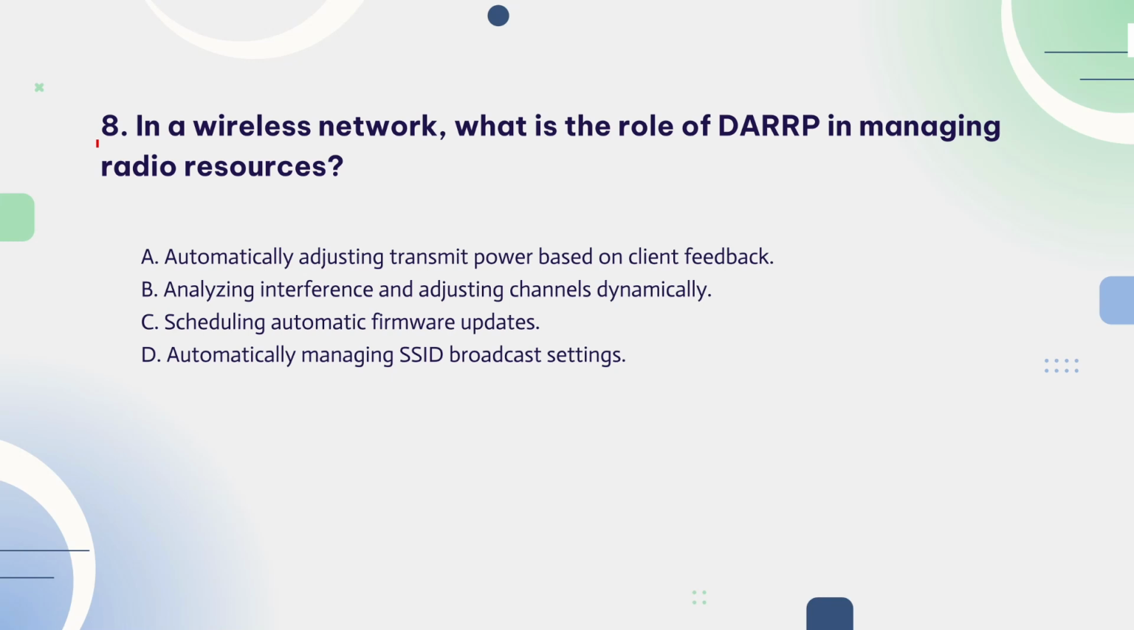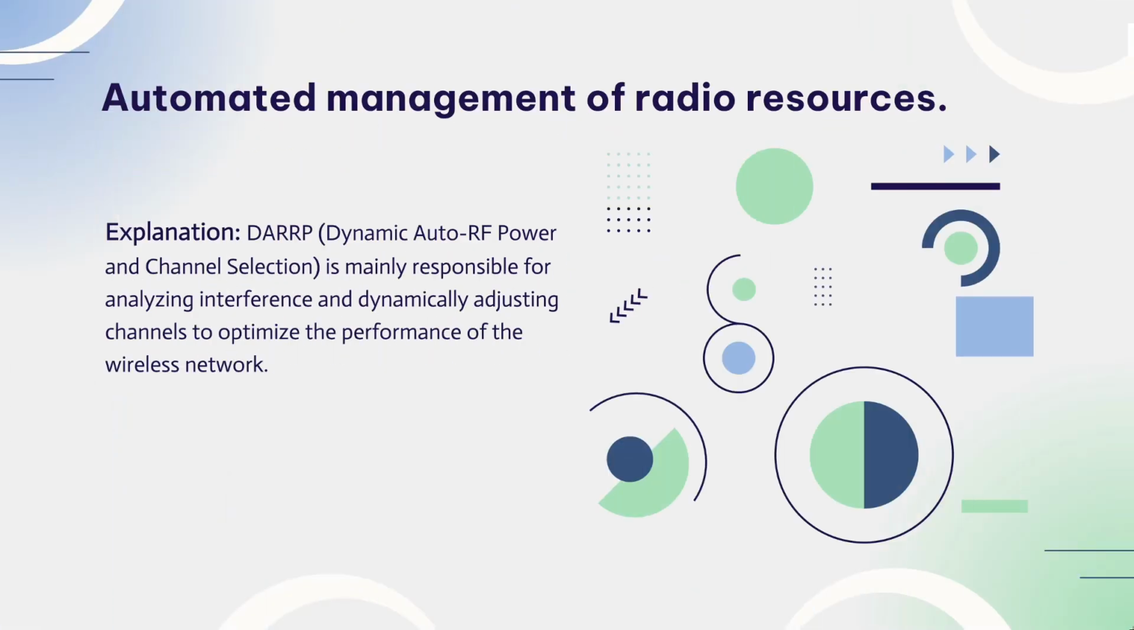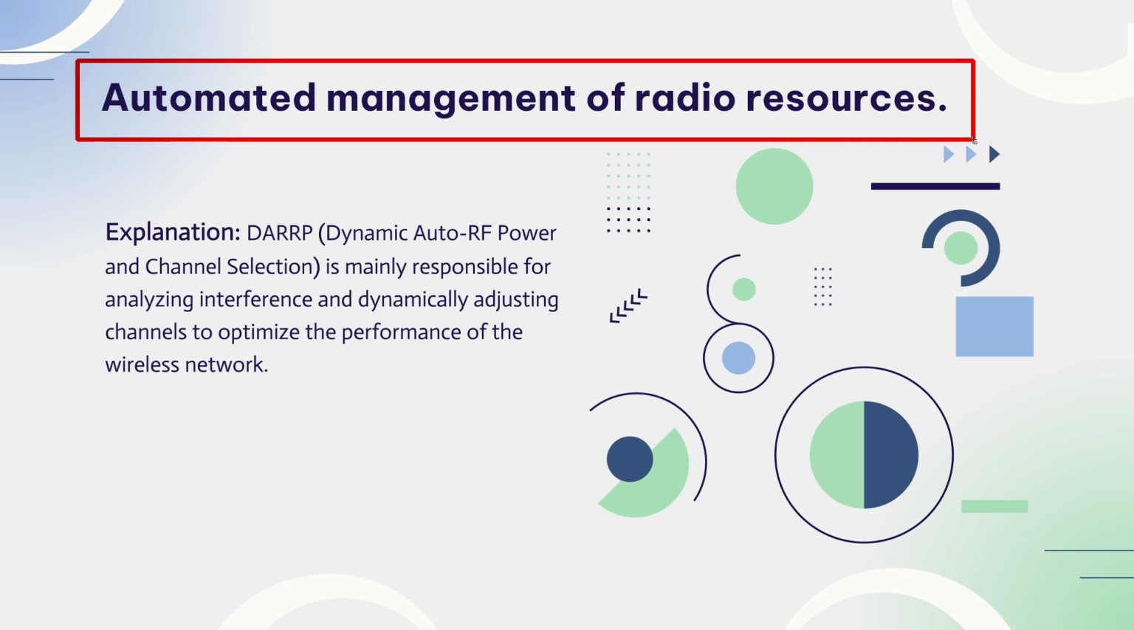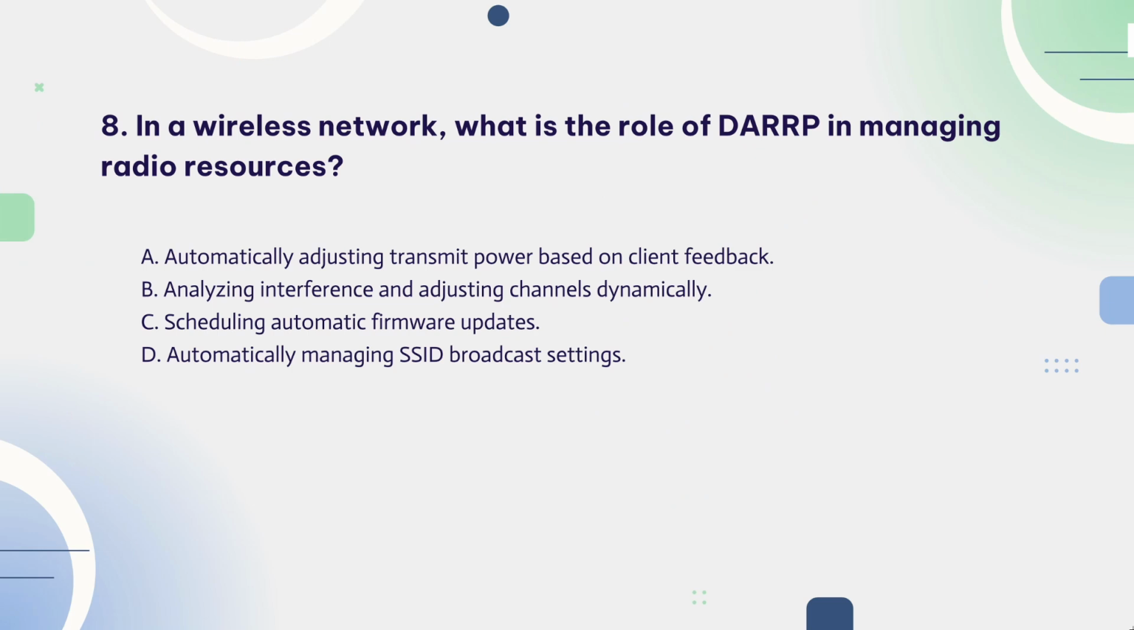Question 8. In a wireless network, what is the role of DARRP in managing radio resources? This question tests DARRP in wireless networks. The knowledge points of this question are managing radio resources automatically. DARRP automatically checks for interference and changes channels to keep the wireless network running smoothly. So, the correct answer is